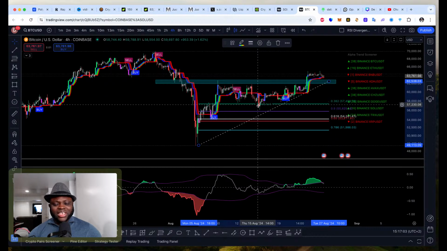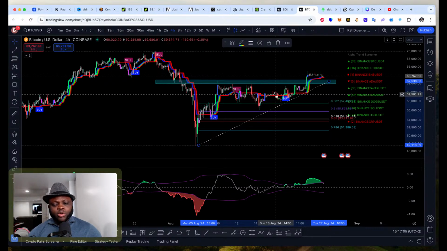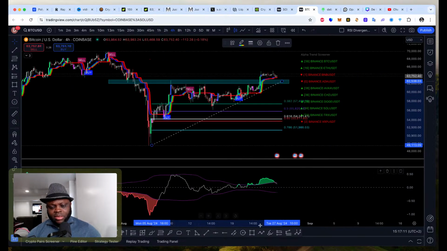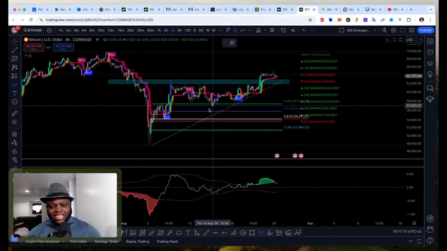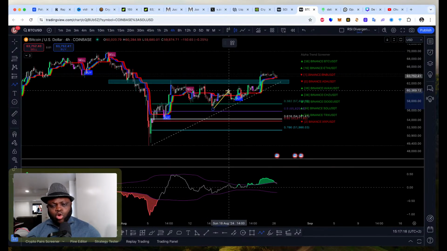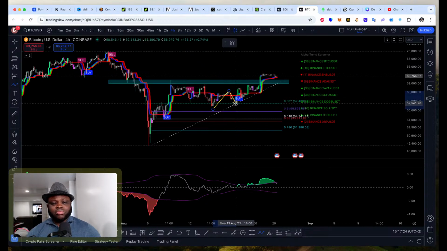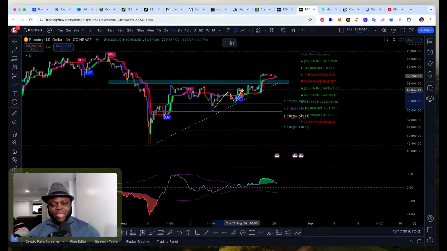Then when price rejects here, you want to see price stay above. Price must not come and do this. Price must not do this. If price hits this zone and goes up, price cannot come back and break it like this. If price does that, then price has invalidated that move. Price should stay above that zone, and when price does that, then you know, okay, maybe the next leg